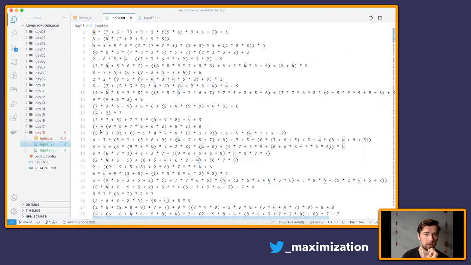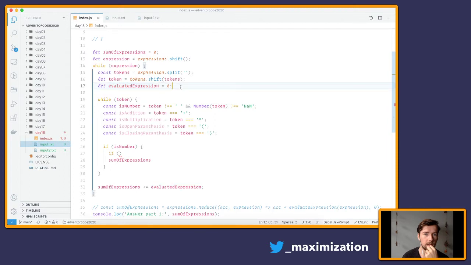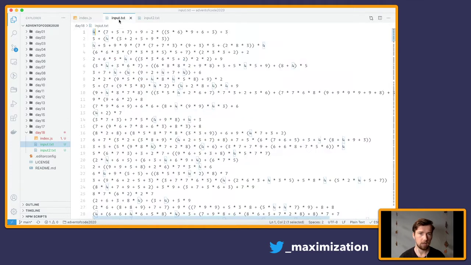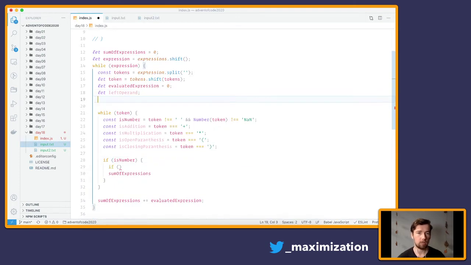Well, so it finds the first element 4, but it doesn't know what to do with it yet. So you kind of need to keep track of that. Can we say let left operand, and then that's going to be undefined, and then if is number, we need to store this into the left operand, and then as we go we find multiplication, and then we need to store that into